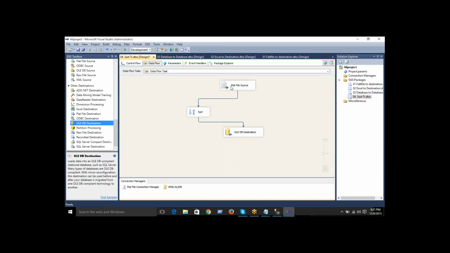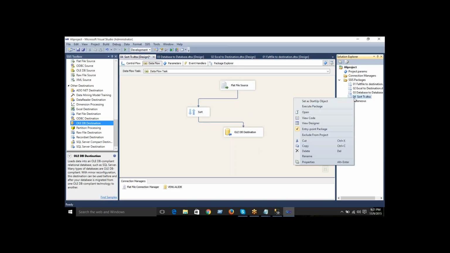So this is my source, this is my transformation, this is my destination. So in this transformation I want to use this input data, employee names. I want to use ascending order. So the data comes from here. Whatever the requirement, the data will be in ascending order. Then after that, the data will be loaded in your destination. Okay. So once I am executing this package,